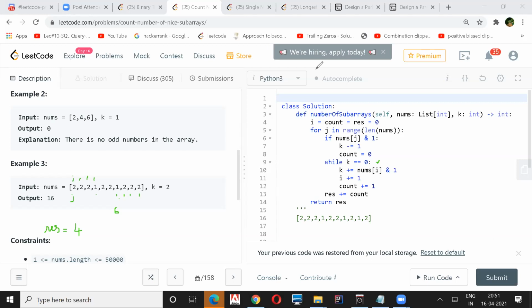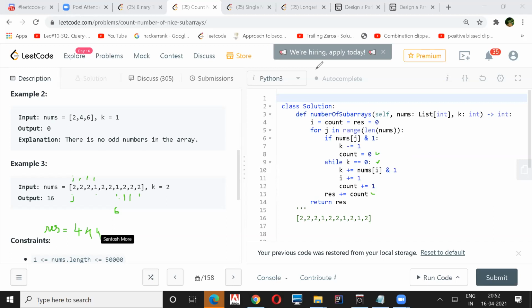So in that case, okay, then I got it. So when I come in this case, my res will always keep on increasing my count, because this count won't be made 0 because I'm not going to enter this at all. So for the first 4 I did. When my I was here, in that case I will add one more 4, right? And then I will come here. In this case, my I will add another one more 4.